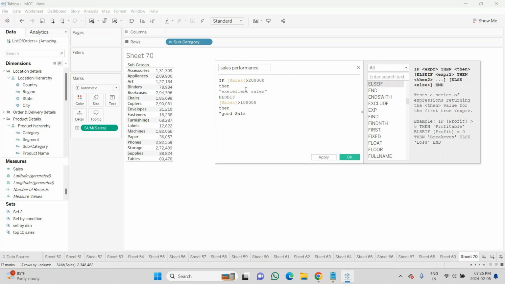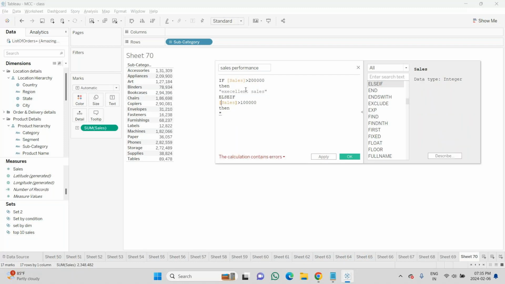Or you can take it here as, okay, we will take it here as high, high, then, sorry, not then, else if